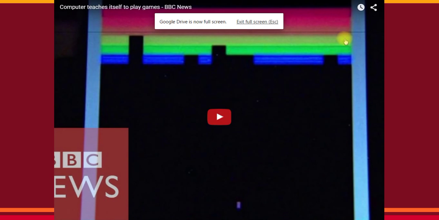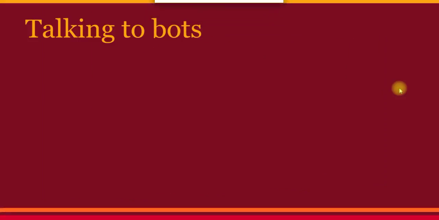So hopefully that makes it a little bit easier to understand what is possible to do with computer programs. What we can do from an advertiser's perspective is talk to these bots that are programmed to move all around the internet and crawl and spider, and we can tell them exactly how to interact with our advertisements. We can tell these bots how to interact with our web pages and sites.